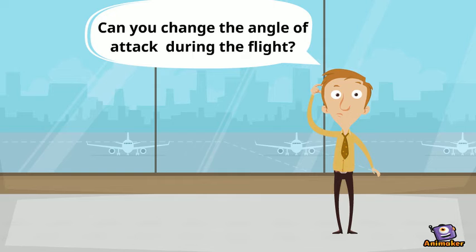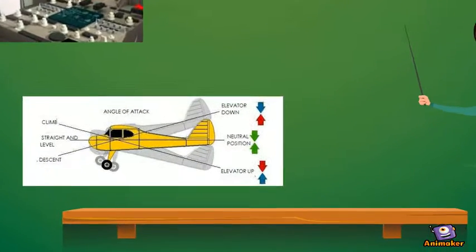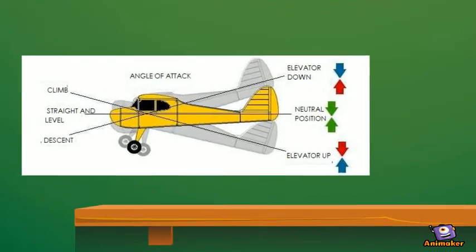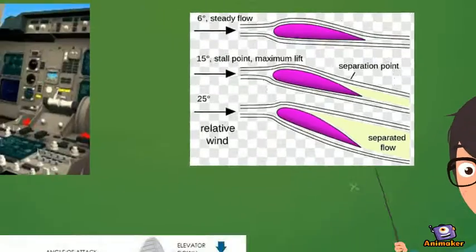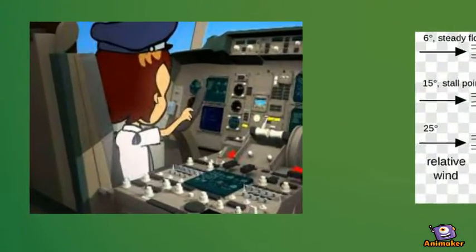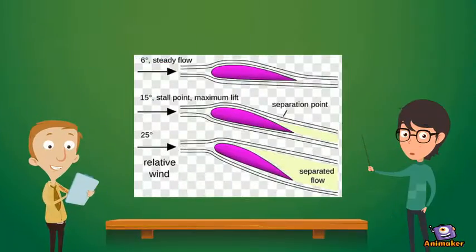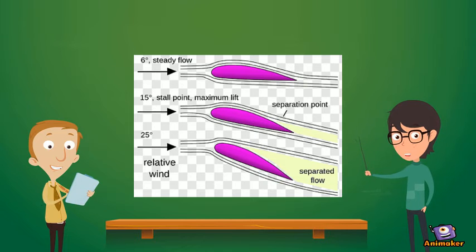Can you change the angle of attack during the flight? Yes, the angle of attack changes during a flight as the pilot changes the direction of the aircraft, and is related to the amount of lift being produced. Anytime the control yoke or stick is moved fore or aft, the angle of attack is changed. The critical angle of attack is the angle of attack at which a wing stalls regardless of airspeed, flight attitude,